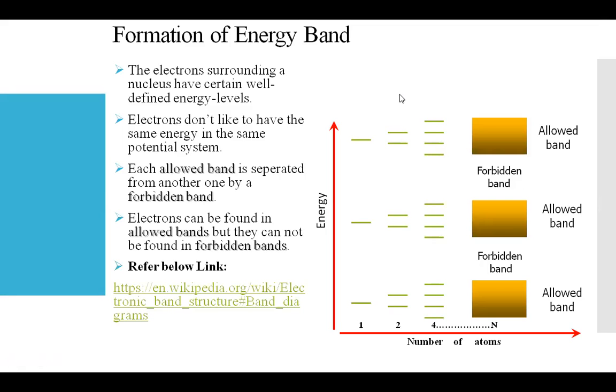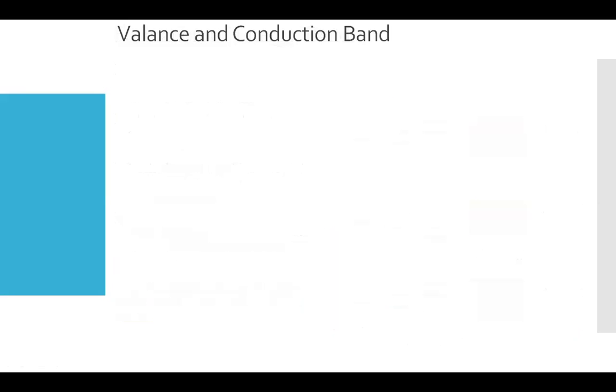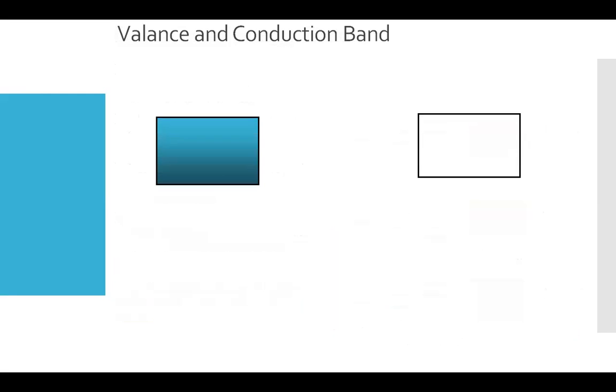So you can identify this formation of the energy band level structure here, which will be based on the number of atoms in that model. Now if we go for the valence and the conduction band, after the allowed band and the forbidden band, you can see here the atomic structure given here, that is the full band, if you have the energy or potential level like this. And the empty band means no energy level you will identify in this level.